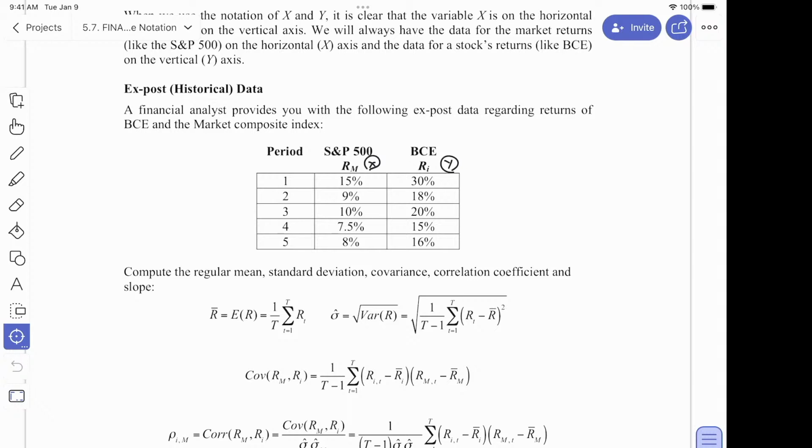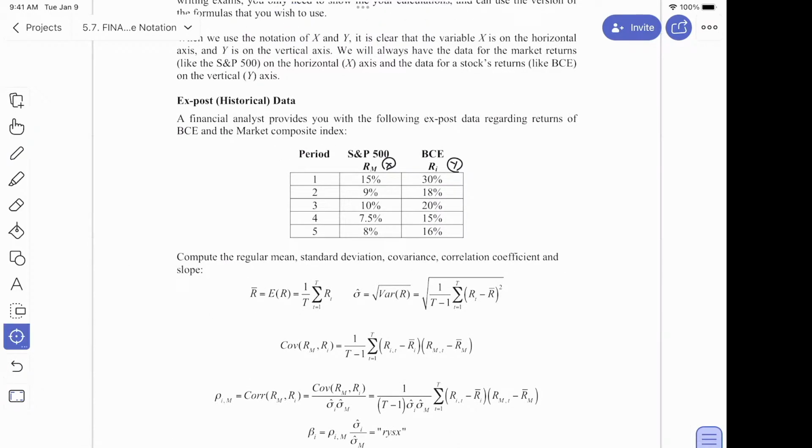I said period 1, and I gave you the pair of data. I gave you the value of returns for the S&P 500 and the value of returns in that period for BCE. And then the next period, I give you the pair of returns for period 2 and the pair of returns for Ether. And I treat every single observation as equally likely. I don't favor any pair. I say they're all the same value of information. And I just calculate the statistics, treating it like that, okay?